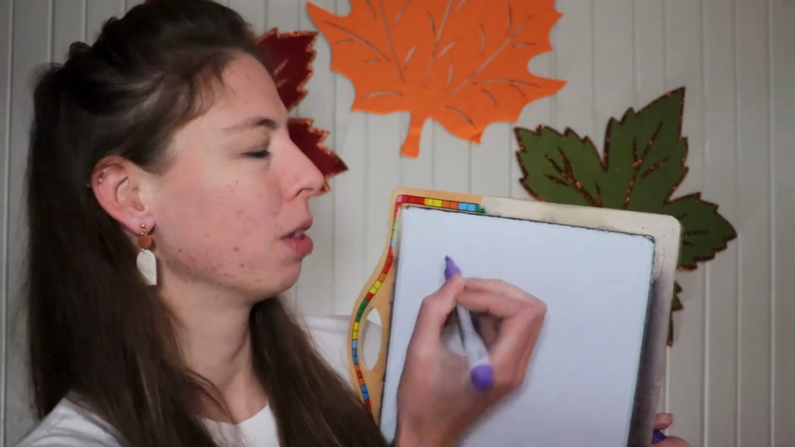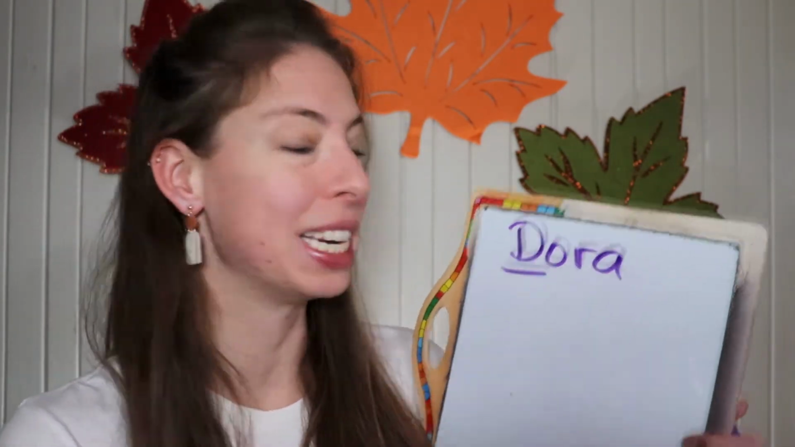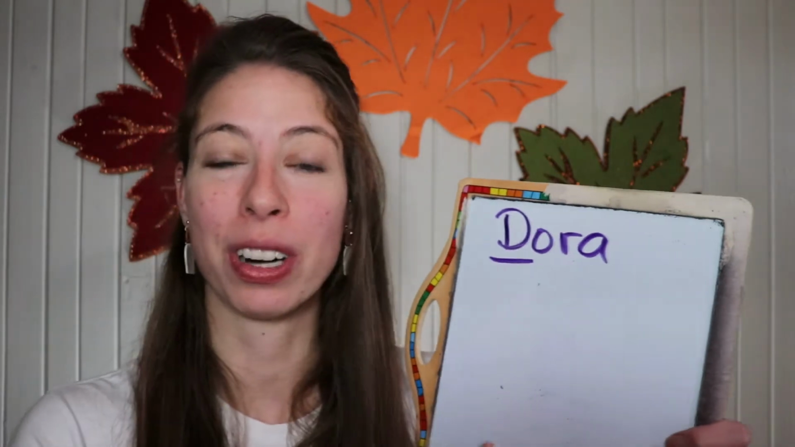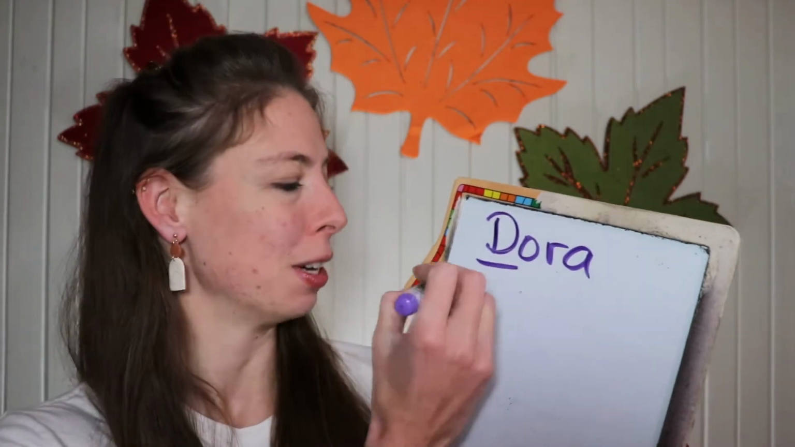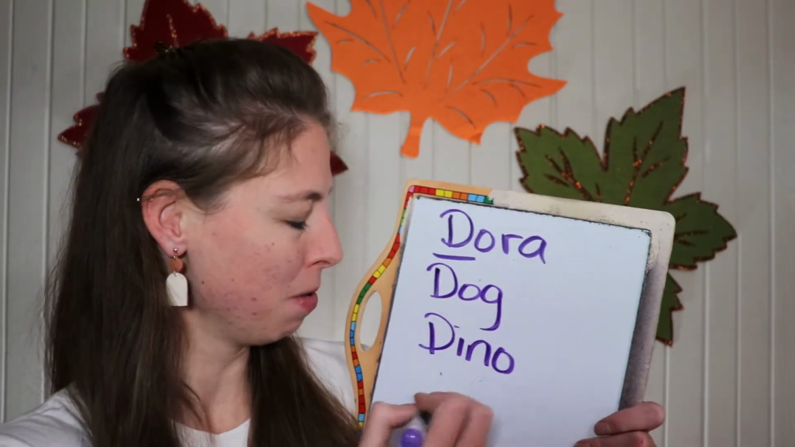Number 3 is called choose a letter. So I might give them the letter. I might ask them to choose a letter. Let's just say we start with, well, again, I usually use their name to start, but I can just say the letter R, or I can say Dora. Okay, so Dora starts with D. You need to think of words that start with D. So dog, maybe they'll say dino,